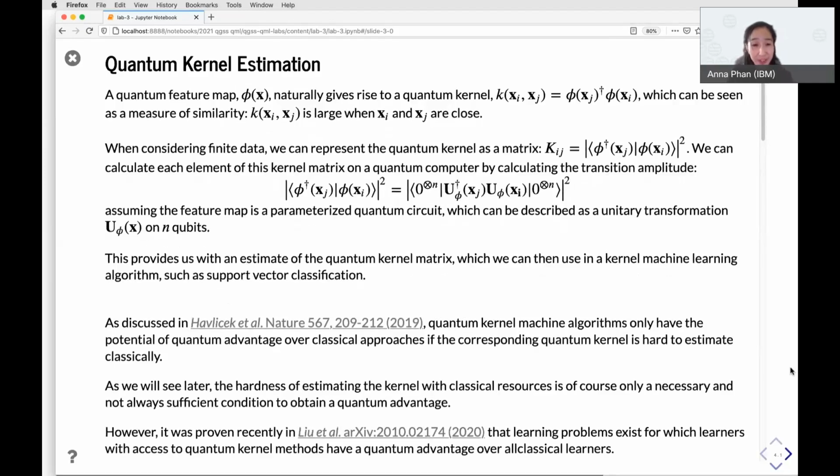Just a couple of theoretical points first. As discussed in that Nature paper I mentioned earlier, quantum kernel machine learning algorithms only have the potential of quantum advantage over classical approaches if the corresponding quantum kernel is hard to estimate classically. But as we will see later, the hardness of estimating the kernel using a classical computer is only a necessary and not always a sufficient condition to obtain quantum advantage. So all that means is that even if the kernel is hard to estimate classically, you still might not get